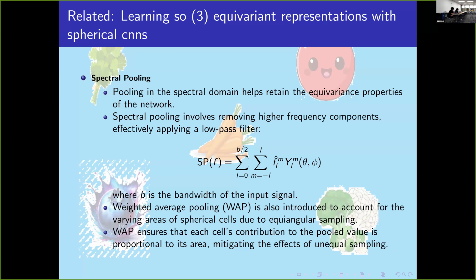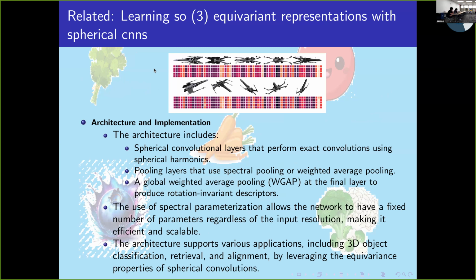And they also define the same task for the pooling operation. The next slide makes this a little bit clearer, so I'll just skip to the next slide. But at the end of their architecture, after all of their spherical operations that are defined based on the harmonics that they find from the eigenvalue decomposition, they get a feature representation. They do weighted global average pooling on that, and the global average pooling per filter results in